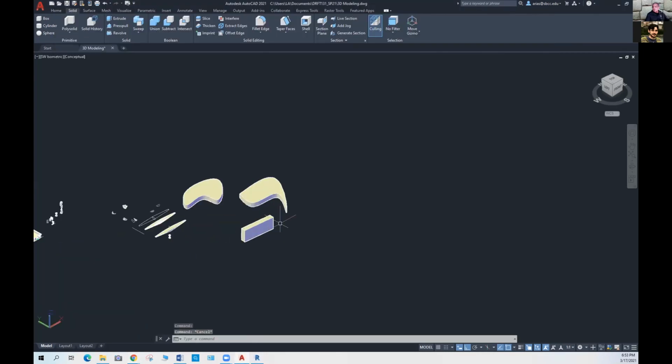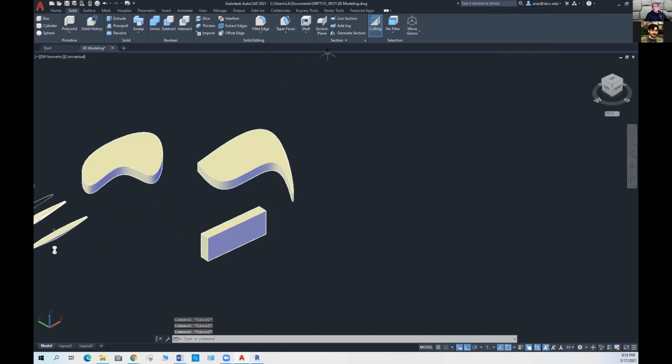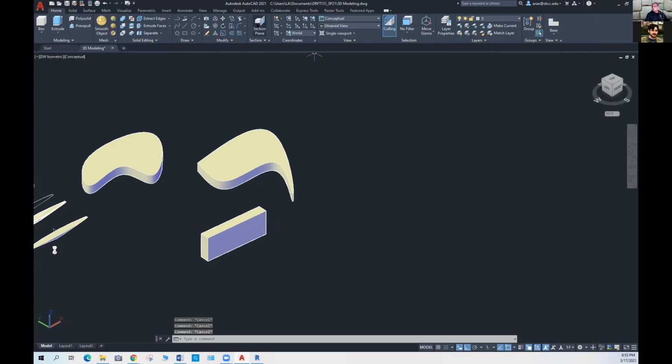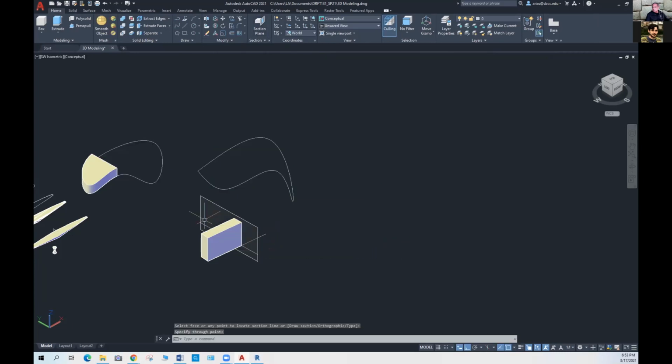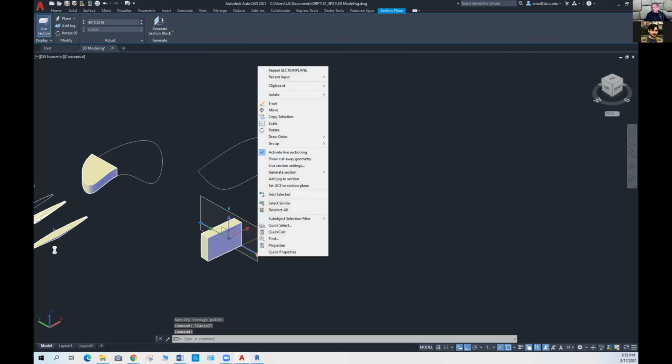Section plane, we already saw that last class. It's very, very simple, right? So you do that, and it creates a section plane. The section plane can actually modify the